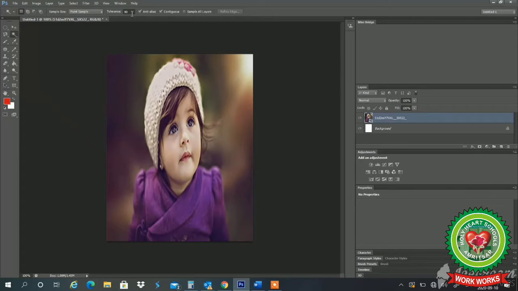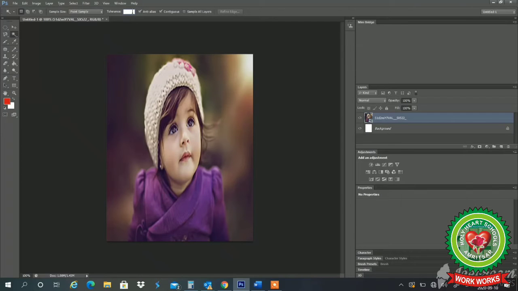If my tolerance is less, it will be more strict about the colors. Next, we are having anti-alias. That also we have discussed in the lasso tool. Anti-alias defines the smooth edges, and the tolerance we can decide as per our requirement.